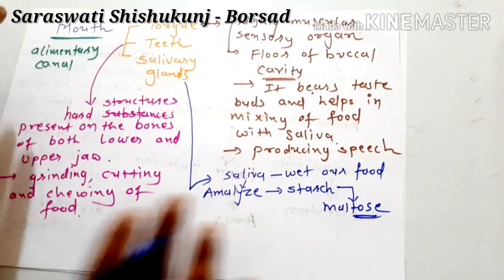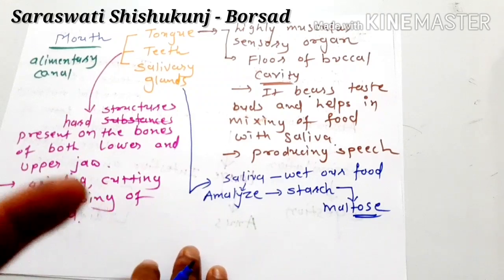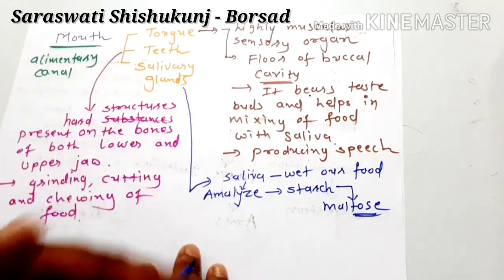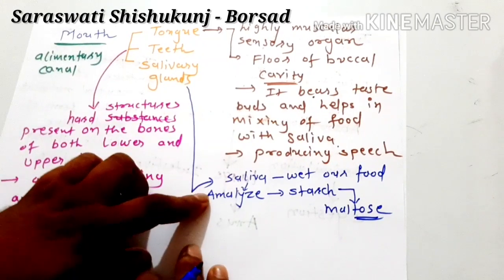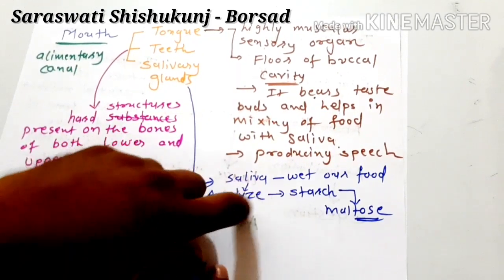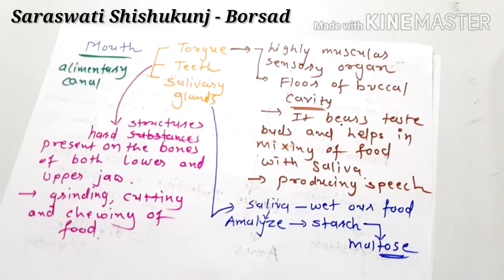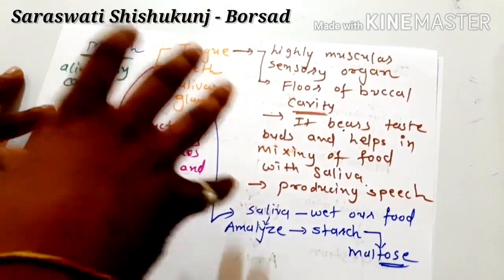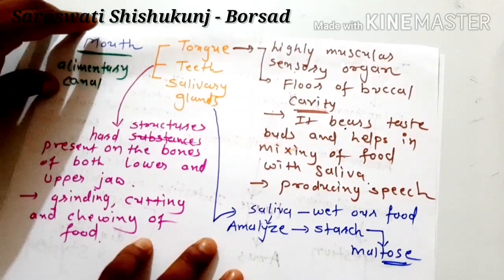Right? So saliva is also very important. It wets our food, and as the food is wet, it will be very easy to swallow, right? In saliva there is amylase enzyme. This amylase converts starch into maltose. Now, as we have discussed about the mouth, after all this happens in the mouth, our food, with the help